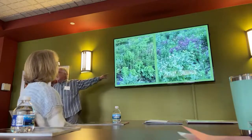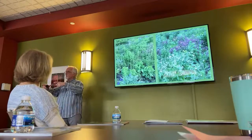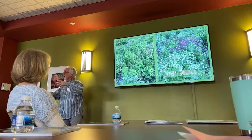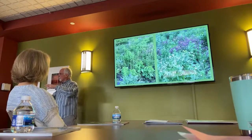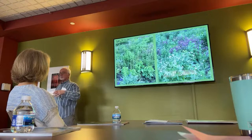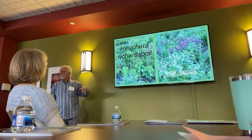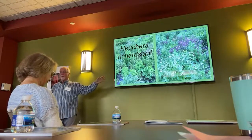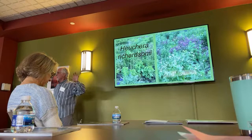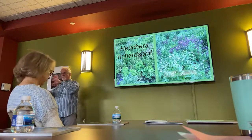Okay, there are other plants that have spring rosettes that cover the ground, and anything that blooms fairly early in the season is going to be covering ground fairly early in the season. This is our native alum root, my favorite heuchera. They bloom more beautifully than any heuchera cultivar I've ever seen. The cultivars are all for fancy